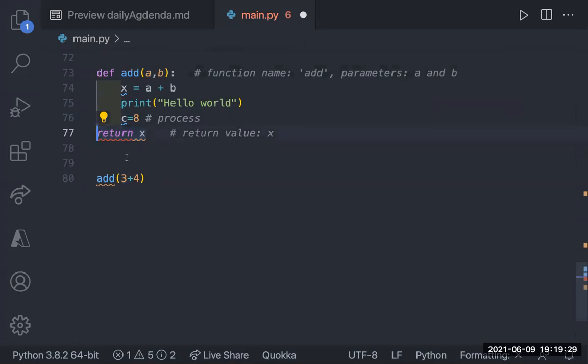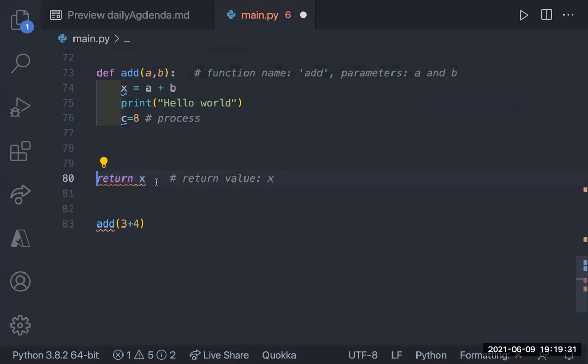Because this is the same thing as saying this, right? Just a random return X. And it's like, well, what am I returning that doesn't make sense? There is nothing to return. A, it doesn't know what X is, but B, your code's running top to bottom. It sees a function and it goes, okay, great, I'll save that for later. And then it gets here and it goes, well, I don't know what that means. So that's why that would be an issue.